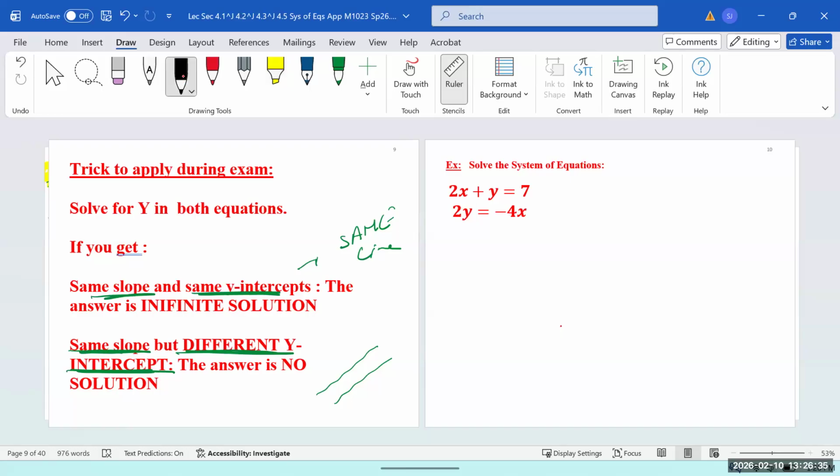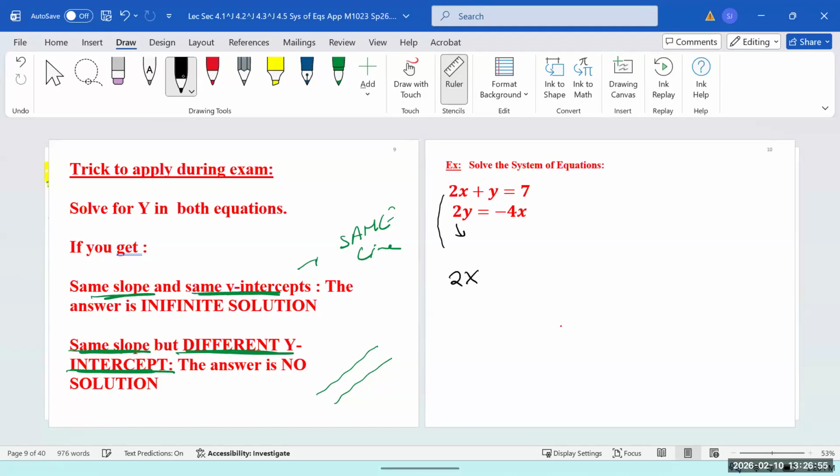So for the first equation, we do this, right? The second equation, we divide the two over. Or are we solving for the first equation? Solve for y in both equations, because we are using the shortcut. We don't want to use the graph. So I took the two over. Mhm. And y. So how did you do that?